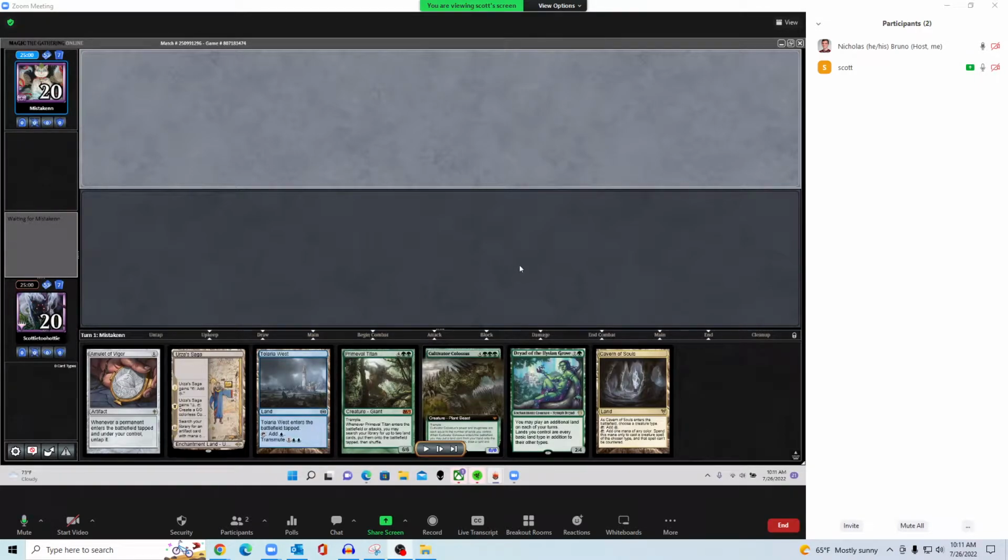Yeah, so let's look at the hand then. Looking at this hand now, what are your thoughts on it? I'm going to pray for a bounce land. I don't like the Colossus in the opener, but